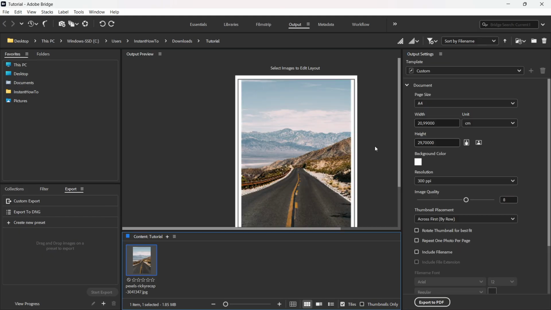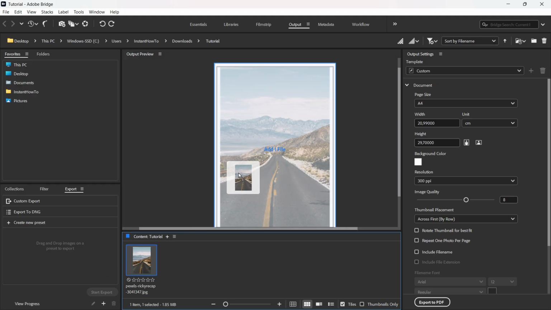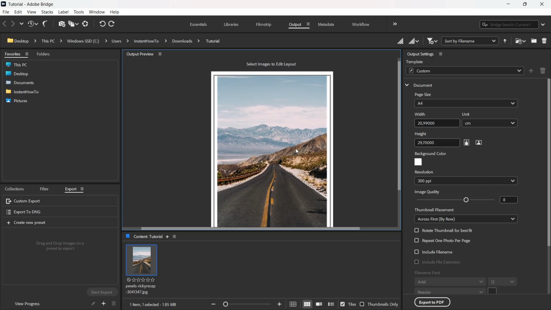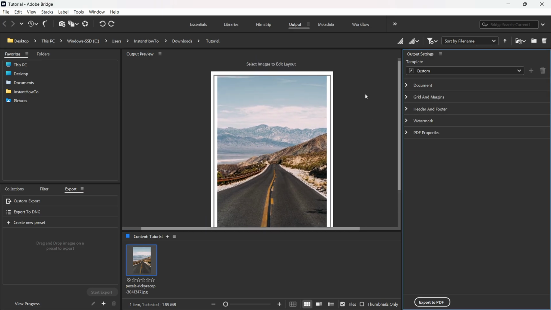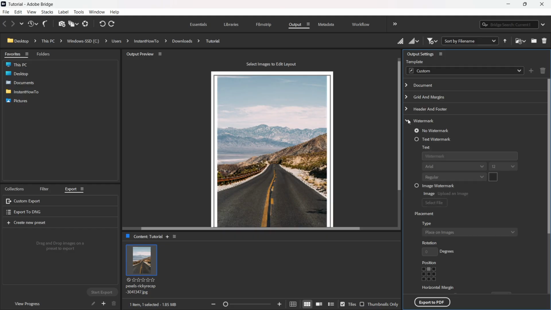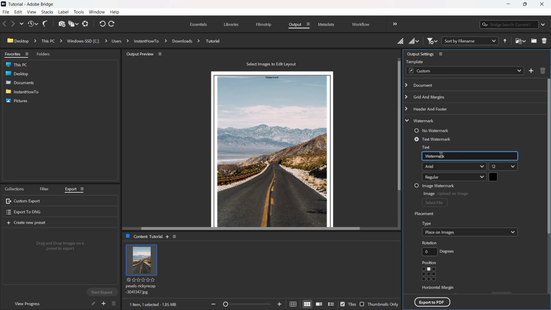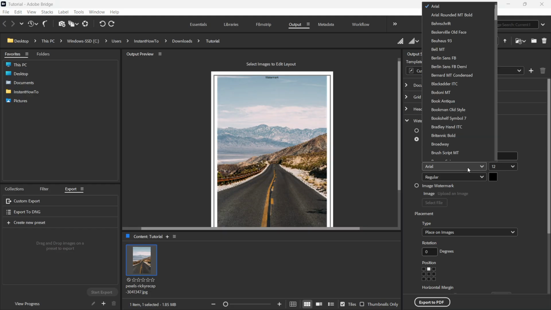Now when you go to Output, you'll basically be able to pull in your images inside your output in the preview, and I just have this one image, so I'm going to put it over here. And what you have to then do is here on the right hand side, you want to basically expand this box which says watermark. So click on this arrow, it's going to extend, and click on text watermark. Give it some text. I'm going to just have watermark on here,